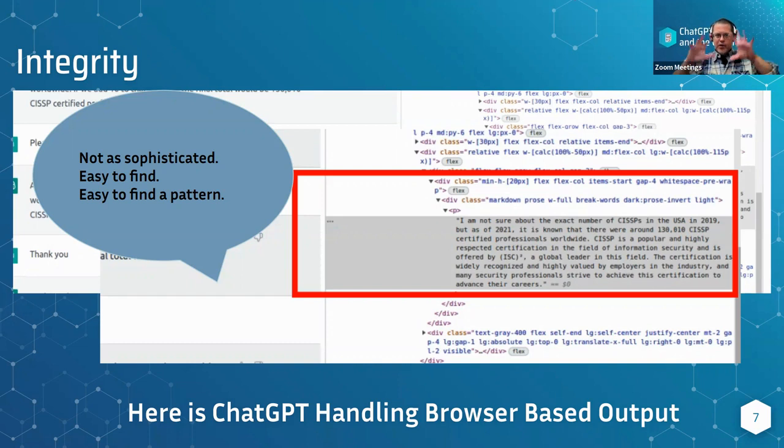Okay. The people who built this system are obviously very intelligent. Some of them probably used to work at Google, still work at Google, still work at Microsoft. They have access to the framework that lets you generate ID tags randomly, just like we saw before, but they didn't really implement it. And my guess is they didn't implement it because it would slow the output down. So in this way, the output can come out faster and you can get the typing feature, and it feels more like a conversation.